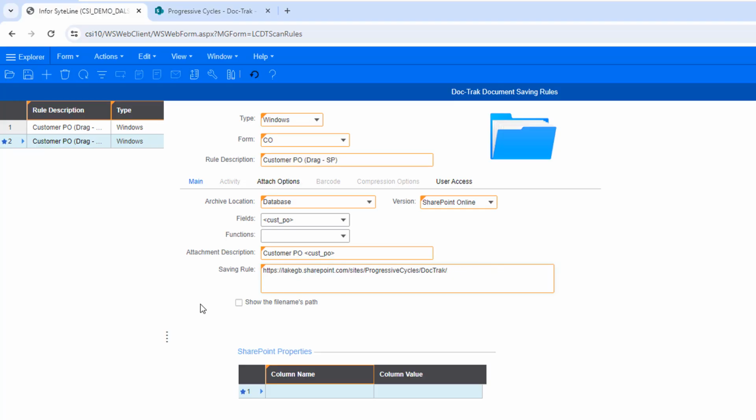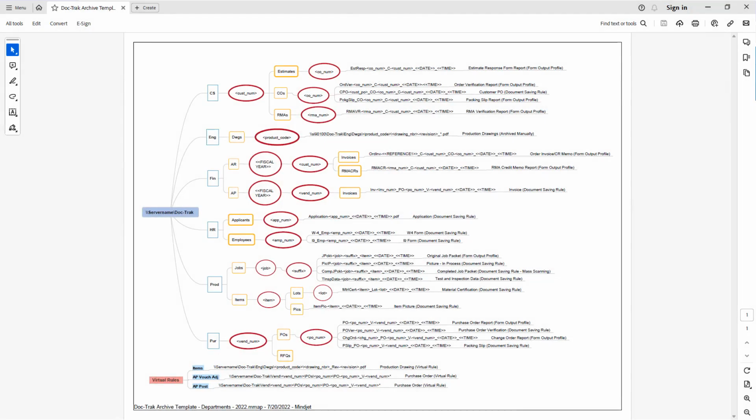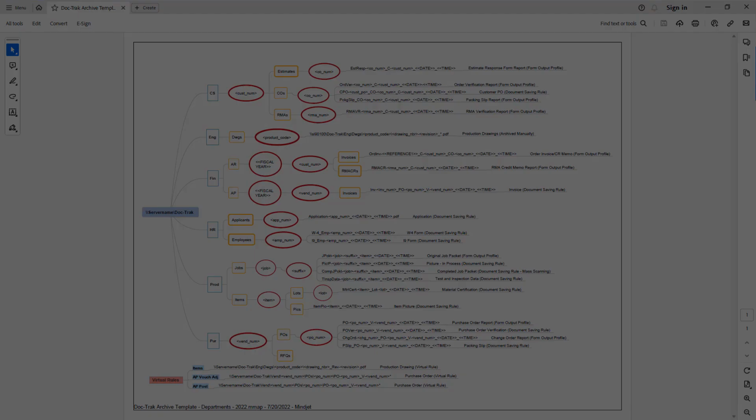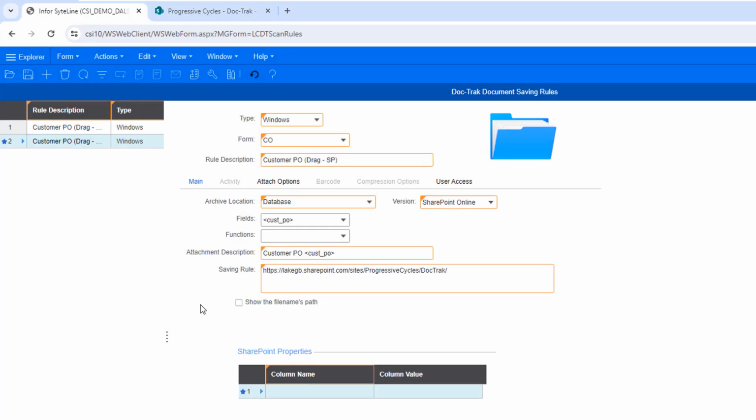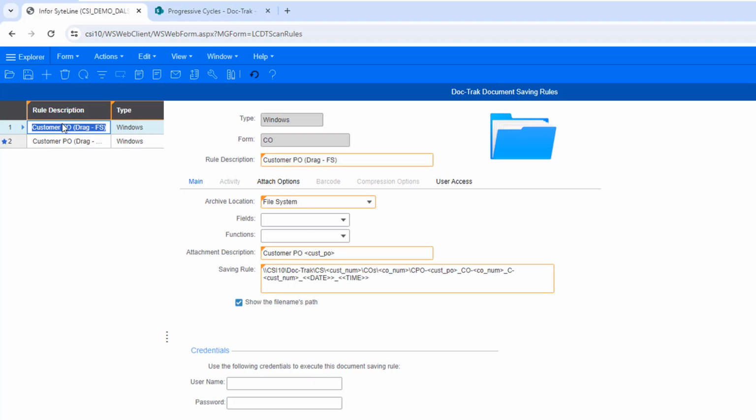Now for the rest of the rule. Remember, our goal for SharePoint is to mimic the same file structure that we have in our file system. I could type the rest of the rule, grabbing the tags, etc. But to save some time, I'm going to select the customer PO rule for the file system and copy the portion of the path I want from the saving rule field.